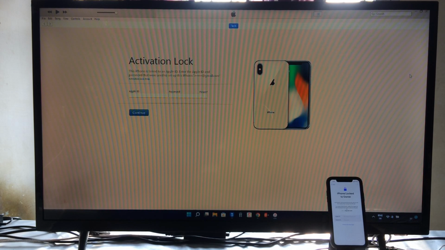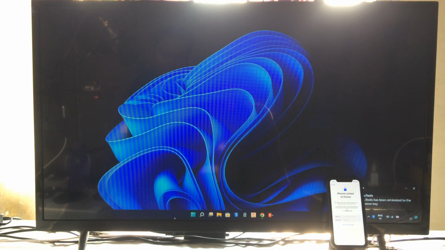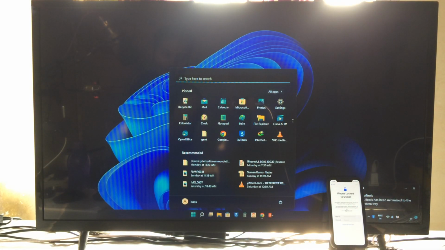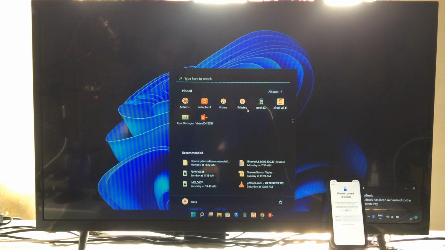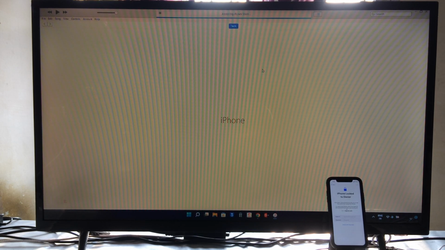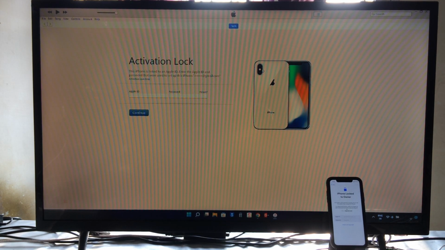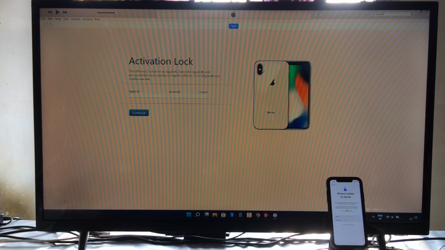So right now, as we see, guys, this device is linked with iCloud. If I close everything and go into iTunes here, it's saying that your device is linked to an Apple ID. Enter your Apple ID and password. That's what we used to set up this device. In that situation, if we don't know the real ID and password of this device, then of course we cannot terminate it, but we can by using some strategy.